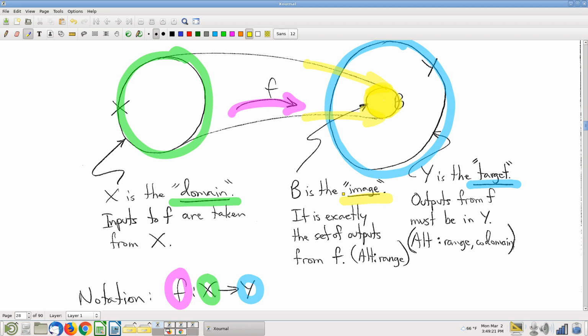I mean, what's in yellow isn't the output. What's in yellow is the collection of all the actual outputs. The blue set is just a set that I promise all the outputs will land in. So the blue set has flexibility. Here's one way to say it: as long as the blue set contains the yellow set, then the blue set's cool. Is it analogous to